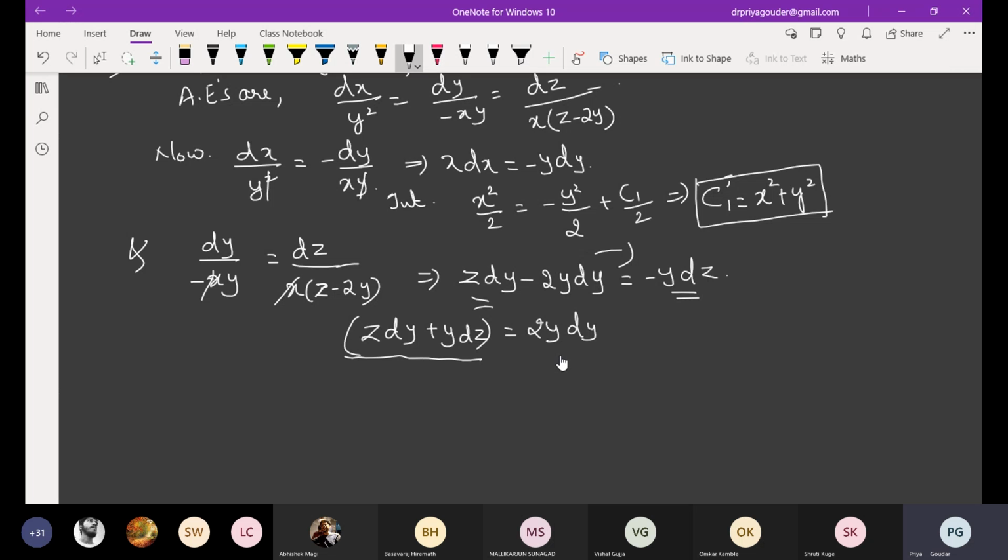Is it VG? I could see only the name here. Okay, it is like z is kept, y is differentiated, y is kept, z is differentiated. Can I write like this? See, yz or zy. Am I right? This bracket can be written as the derivative of yz: y as it is, derivative of z is dz, plus z as it is, derivative of y is dy.